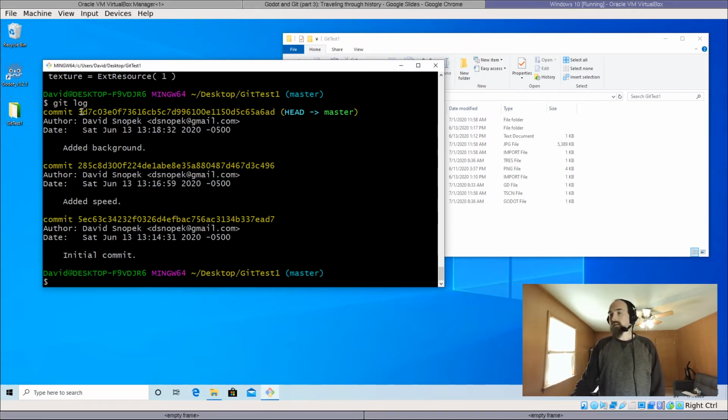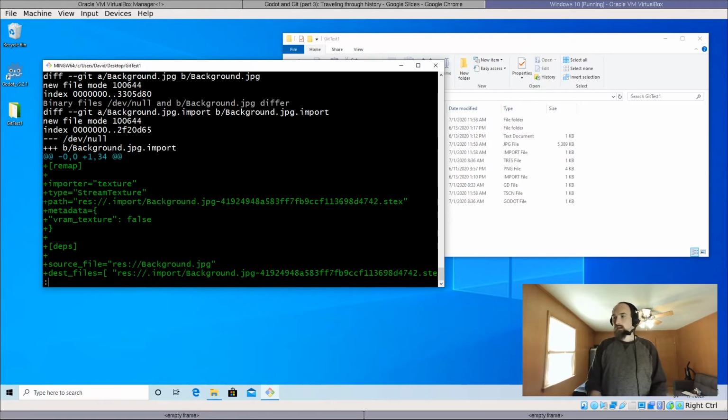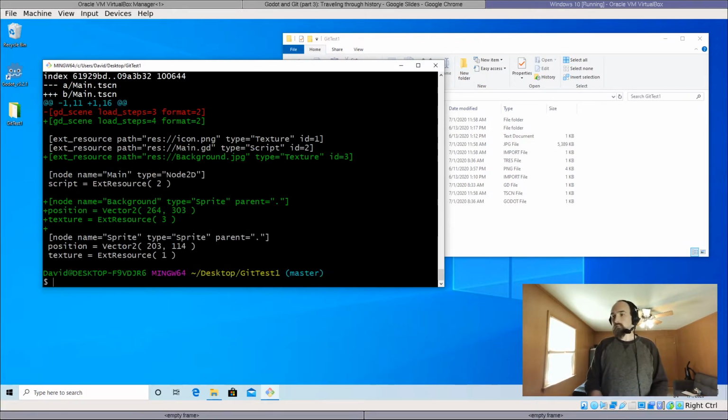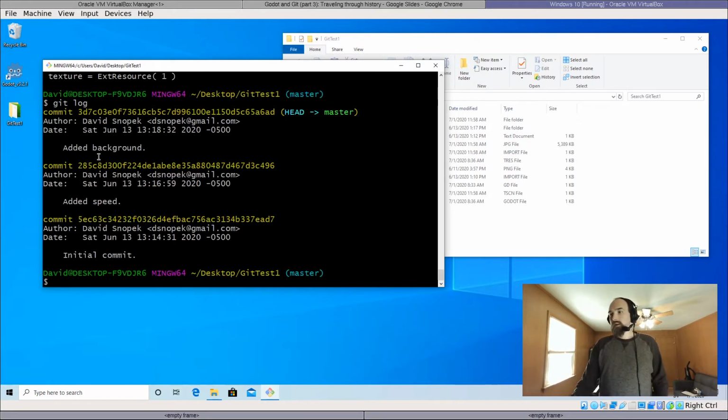So if I take the first, I'll start with this one. I'll take the first 7 characters to git diff, the first 7 characters, and then we'll do the first 7 characters of this one. And it gives me that same first diff that we did. And the way that this works is